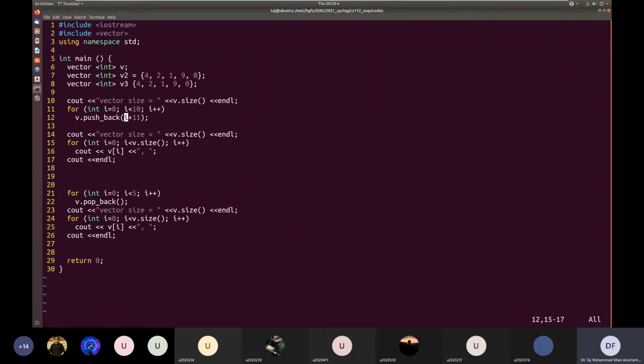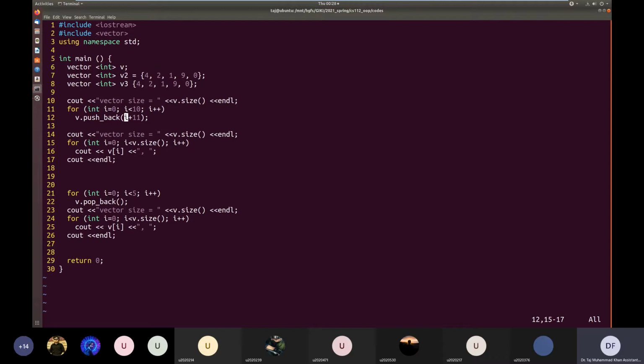If you have to do the same thing in an array, you have to keep track of where the last element is in the array. Then you will use the index of the last element plus 1, and store an element after the last element inside the array. Here, all that tracking is being done for you internally by this vector class. You just tell it to push back this element, and wherever the last element is, this new element will be automatically placed after it inside the vector. So it's much easier to use than an array.